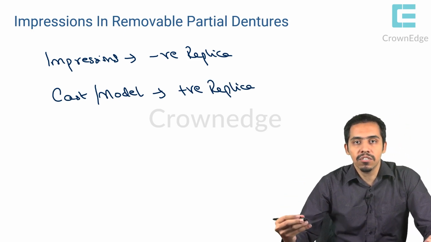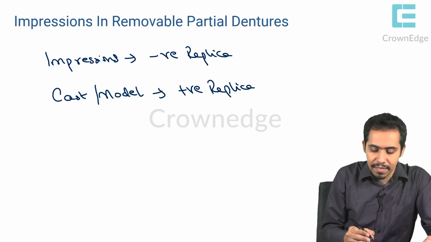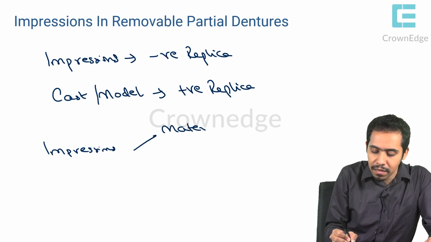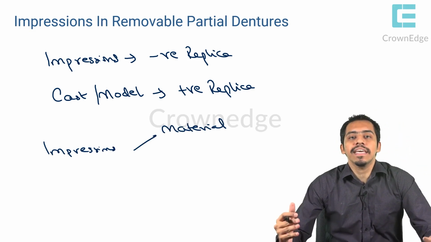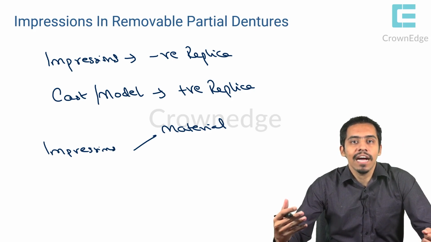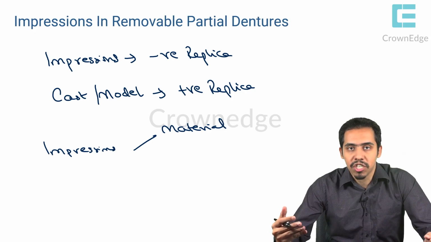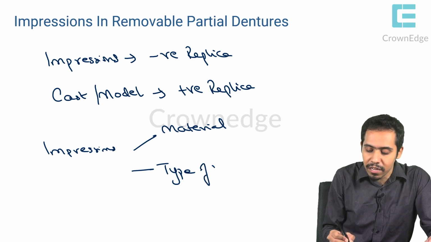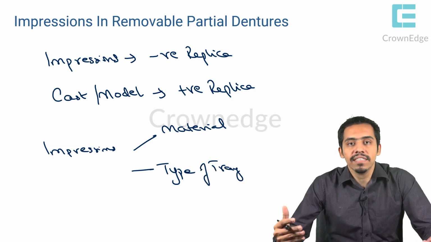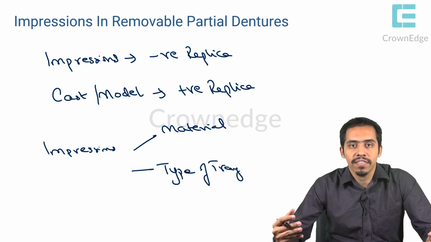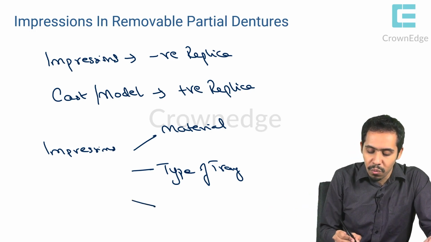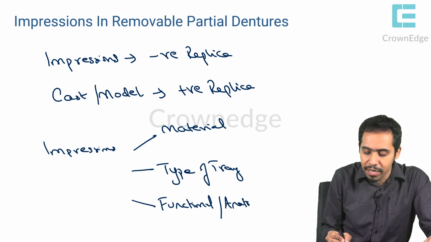Now, what has to be understood is that the impression varies depending upon the material that we use to obtain the impression from. It could be hydrocolloids or it could be just your basic elastomeric impression materials. It also depends upon the type of tray used. So it could be your custom trays, it could be your normal perforated stock trays, or it could be based upon the type of impression that we want. That is the ridge relation with the tooth, whether we want a functional or an anatomic impression.